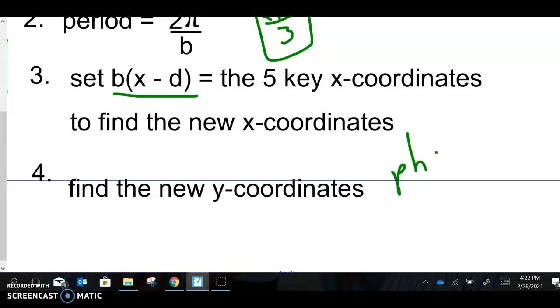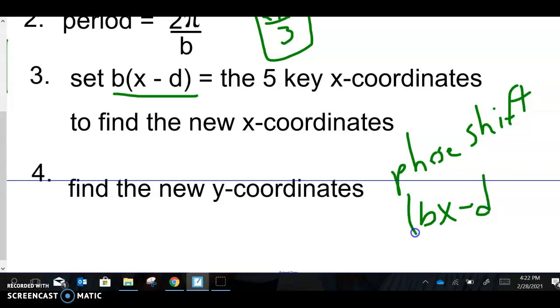The phase shift is something they sometimes ask about. Okay, this is a little different. If I have bx minus d that I'm taking the sine or the cosine of, then the phase shift is d over b. If, however, the b is factored out, like here, then the phase shift is just d. Most times it will be like this, like it was in my